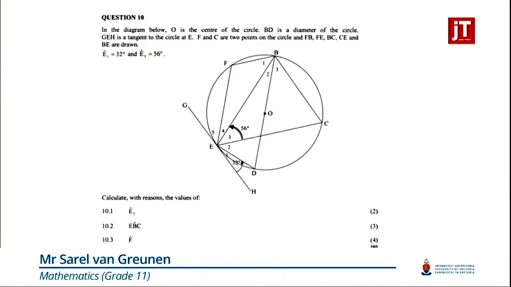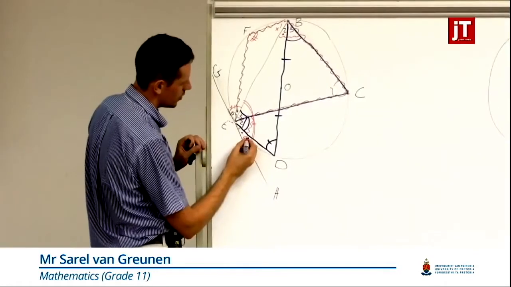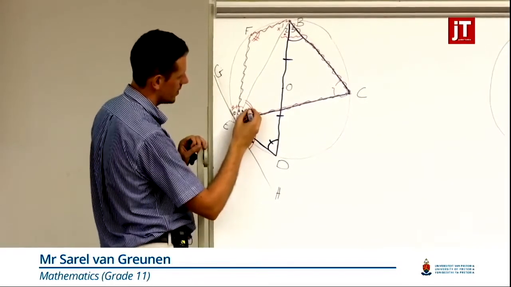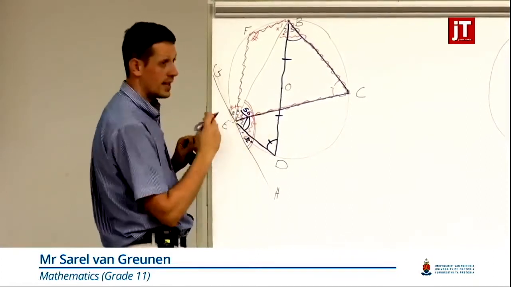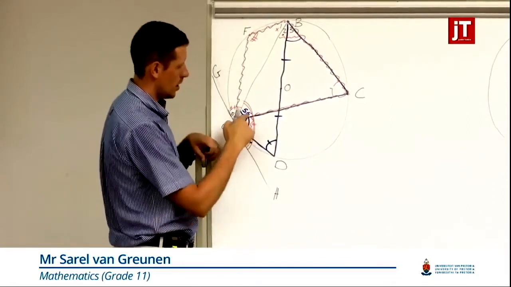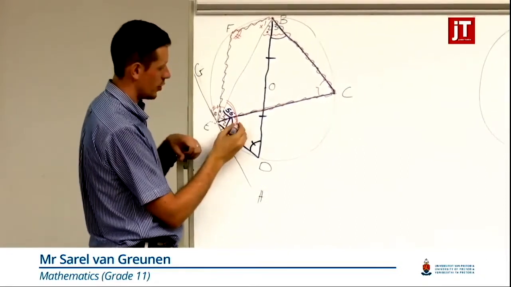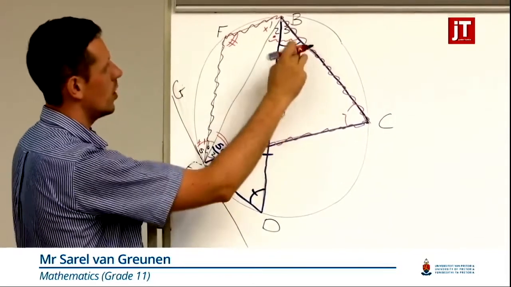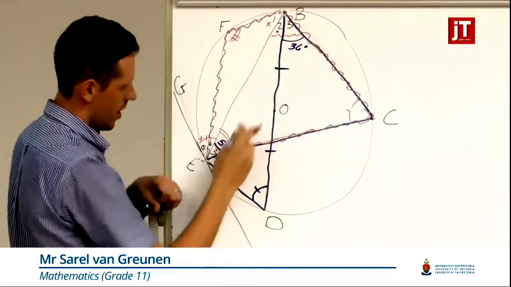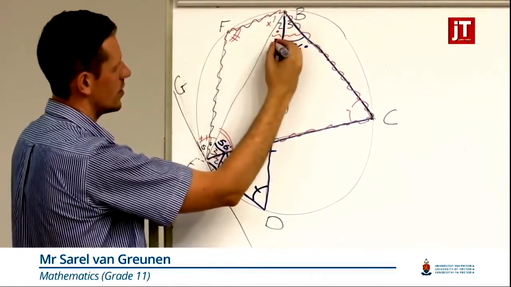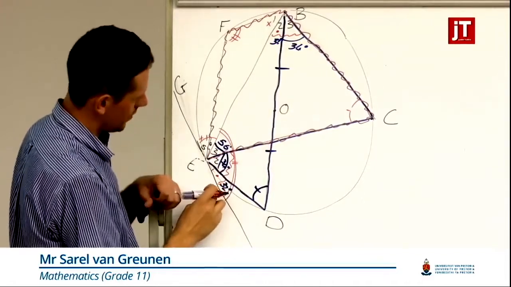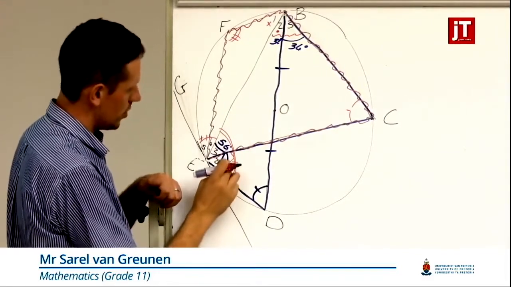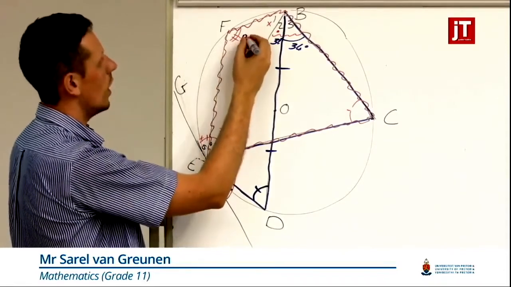Okay, well, all the other ones just mean that they've got a lot of straight lines. So now they tell me, extra bit of information, that this is 32 and that is 56. Now I can go and fill in all the rest. If that is 56, that is 34. If that is 34, that is 34. If that is 32, that is 32. If that whole one is 32, 34, 56, 122,